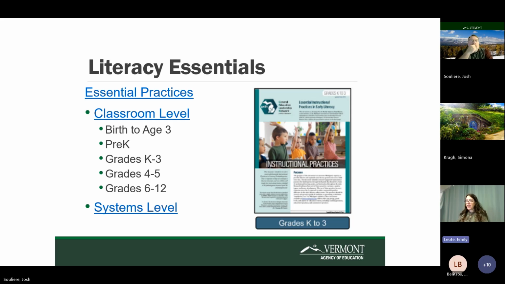A few years ago, the AOE's Early Learning Networked Improvement Community for Literacy worked with Dr. Nell Duke, and we used these literacy essentials to inform our change ideas. Dr. Duke was instrumental in creating the literacy essentials and all the documents that are linked in this slide. So the first link there takes you right to that Essential Practices homepage, and there's a lot of stuff you can find from there. I've also linked to the classroom level practices directly,